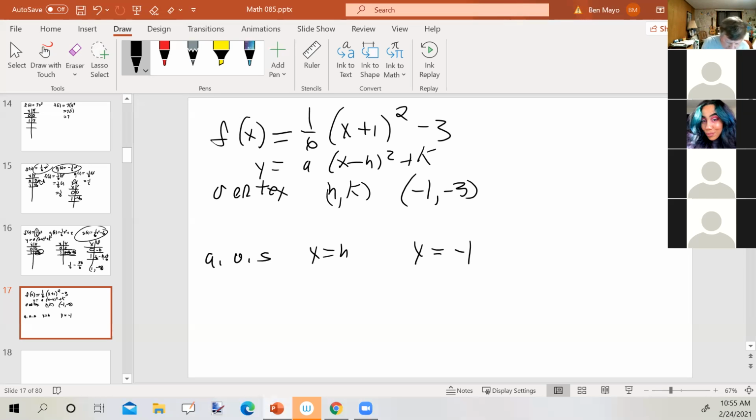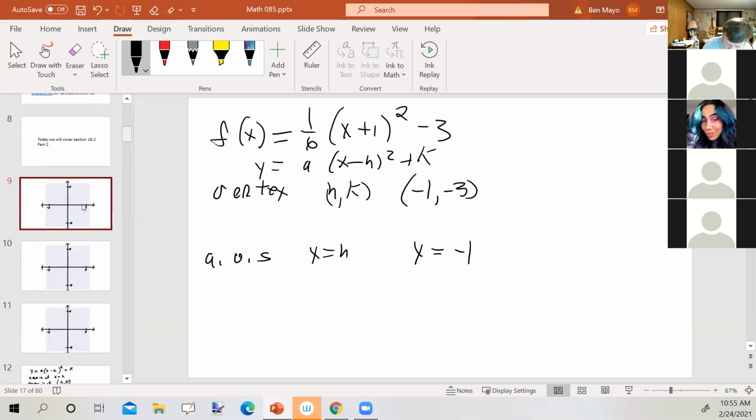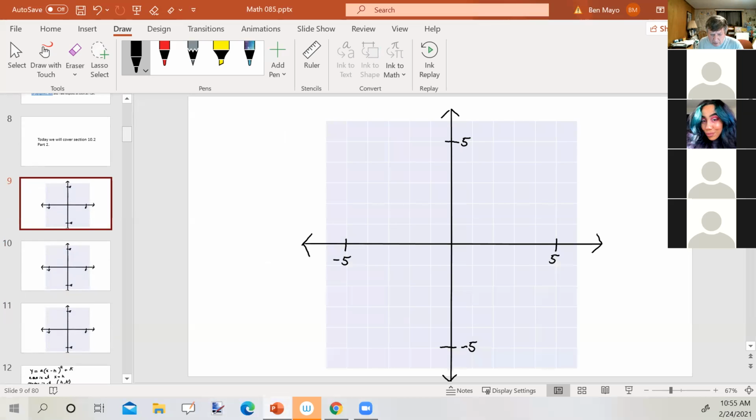Let's see here. I got my whiteboard screen up. Okay. Yes. So